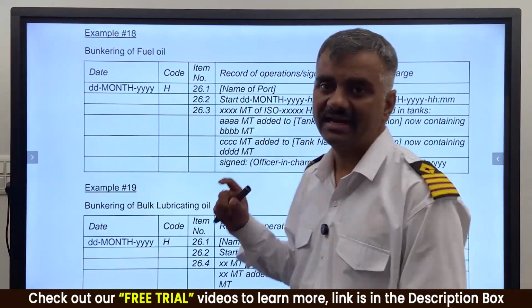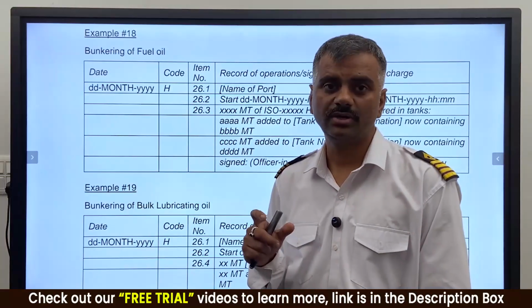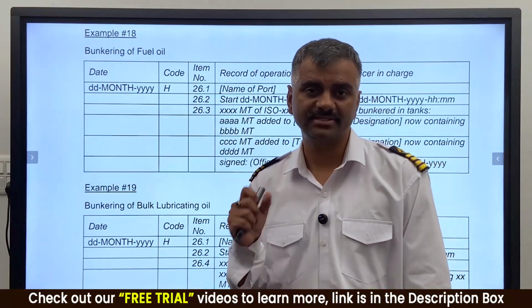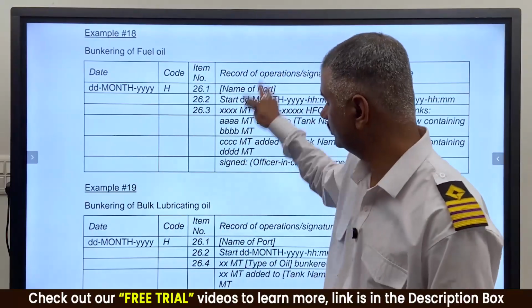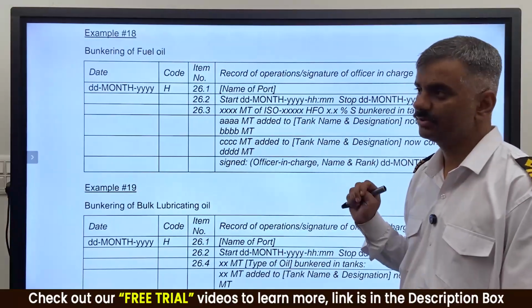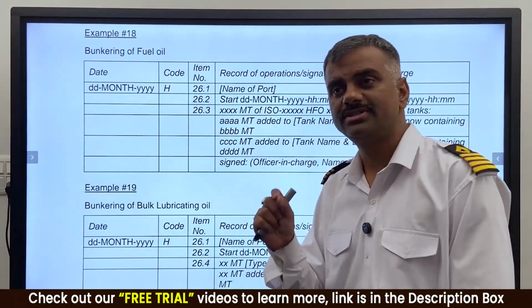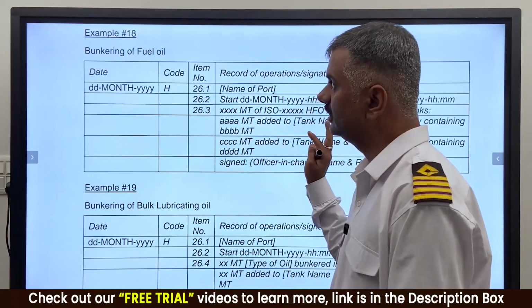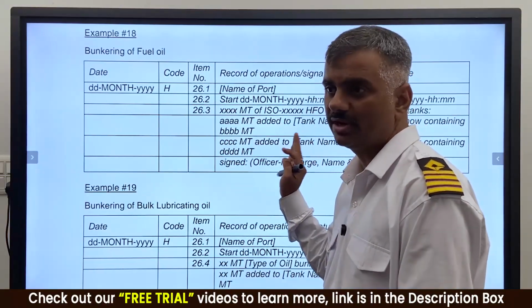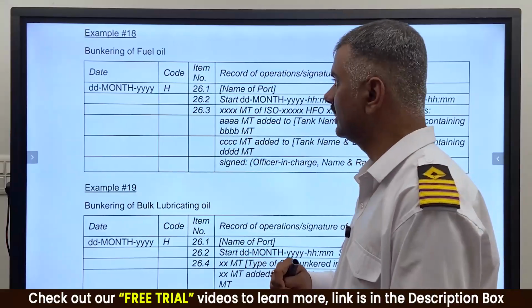So when you are making the entry, we are making it on the basis of which circular? It is the MEPC circular, resolution 736. The copy of it is attached with your oil record book also, and there you can see the MEPC circular, and on that basis we decide on the codes we have to write.